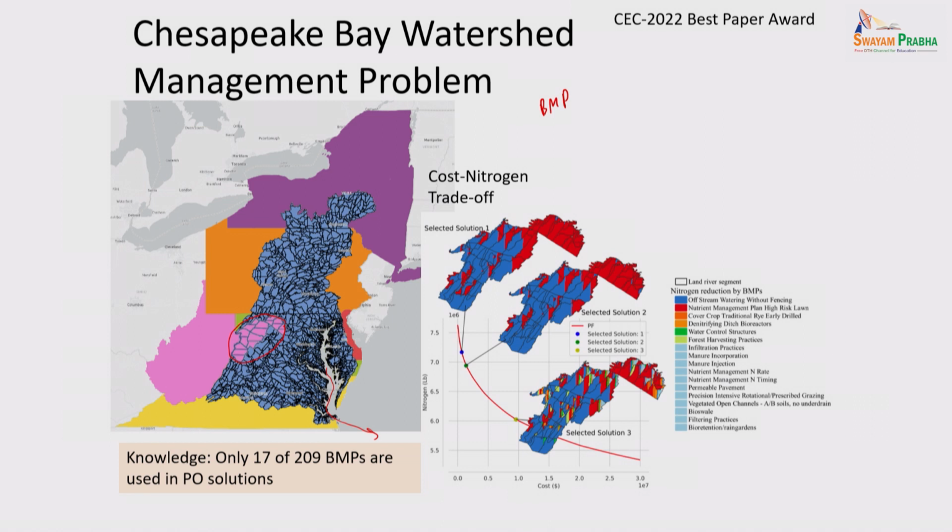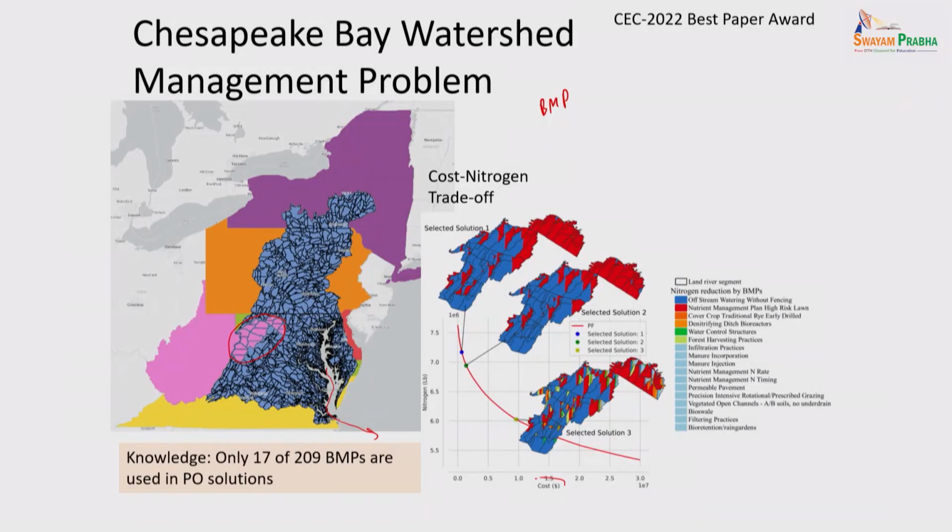And what are the objectives? Okay, so we need to do some treatment, and it's not going to happen in 1 year. So it's always a 5-year thing. So you say, how much money do I need for 5-year treatment of this? So cost is one thing you want to minimize. Second thing is how much pollution I'm putting. Like I've been talking to you about cost versus pollution, the whole idea coming from here. So here is my cost, and here is my nitrogen that I'm throwing into the atmosphere through this water body. That's why it's called watershed.